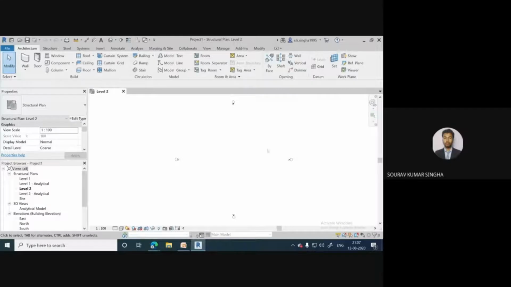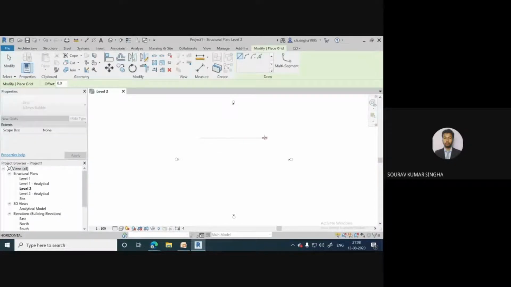In this particular template, you can either import the AutoCAD drawing that you have already drawn, or you can directly make the structural members over here. How? Before starting any kind of project, we need to first make the grid lines, right? So I'm making the grid line. Here you can see the grid is given. Select the first point, select the second point. The grid is drawn. Very simple.